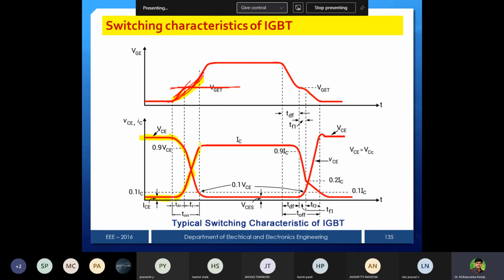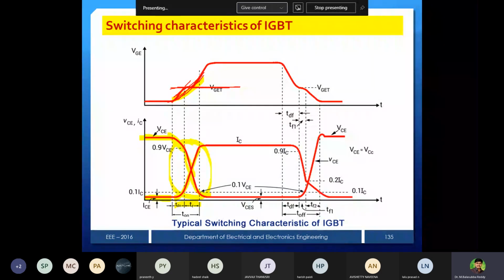Device is completely turned on, and the voltage has to drop to a very low value, only leakage, or you can say the drop across the device. So in this turn on process we can see the delay time as well as the rise time. Now we can see that from rated to 90 percentage of the collector to emitter voltage, that is a